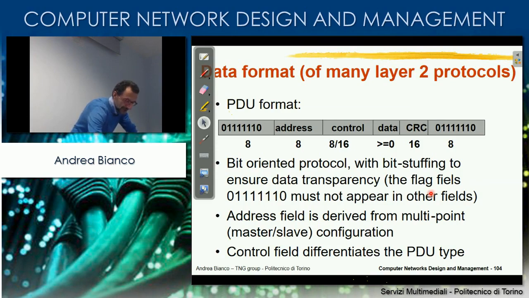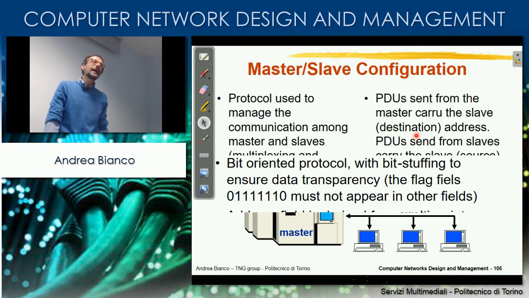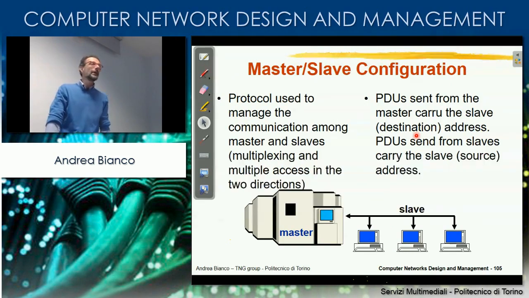The control field for some packet PDU will carry the information related to the packet and ACK numbering. The CRC is 16 bits, 2 bytes. And what about the address? Well, very quickly, this protocol has been designed in this scenario, which has nothing to do with networks. It's just a very old architecture for